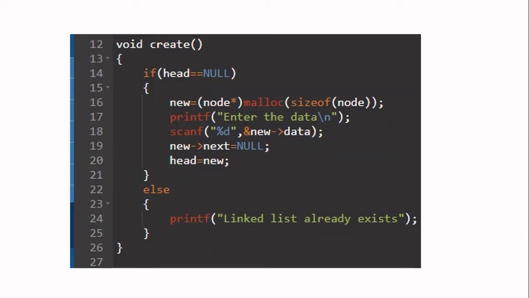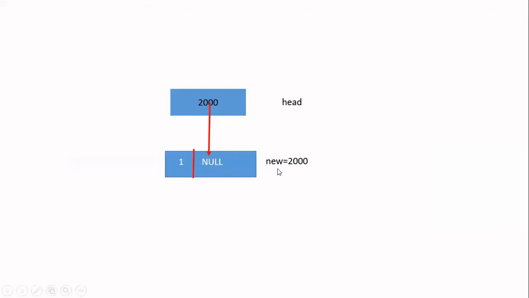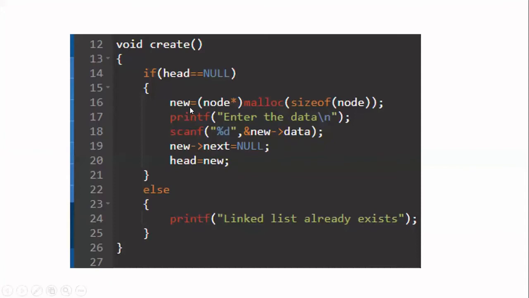Then this will return you void pointer. In create, first I have to allocate the memory by means of malloc. Finally, I will get a void pointer. I'll typecast that into pointer to this particular structure. So wherever I need to refer the structure, now I will use only node. Now, this function is going to return you address. That address you are storing in new. That only I told in the previous slide. So you see here, this new contains the starting address of the memory created. So that you store it in new.